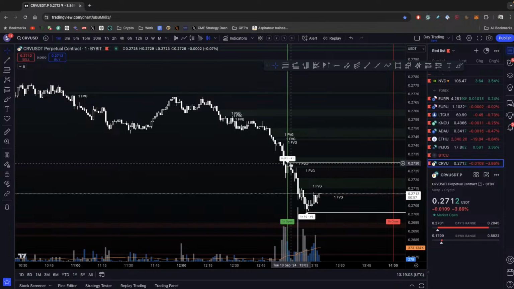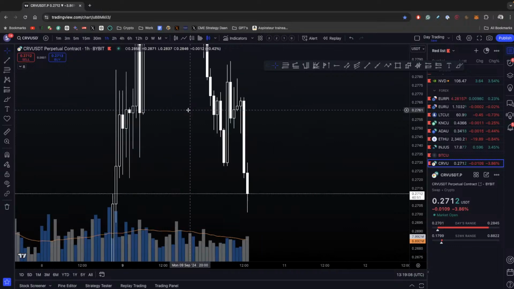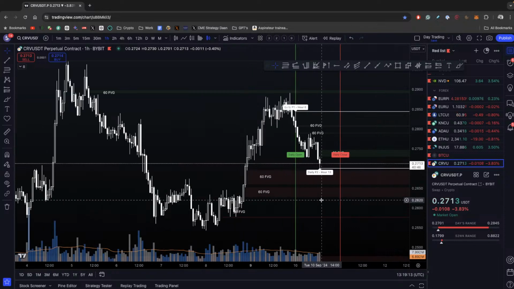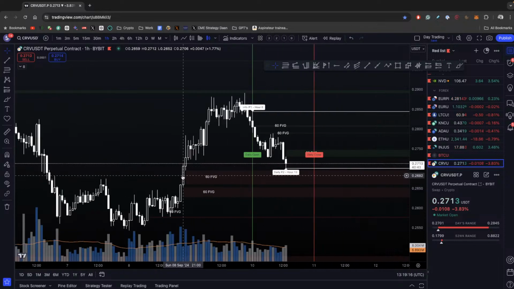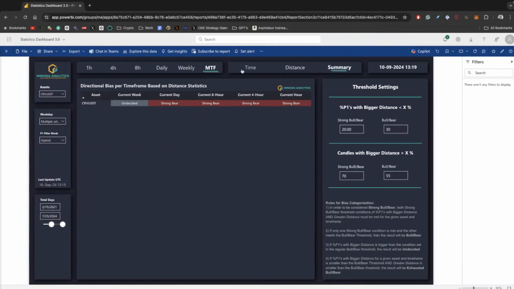again, something I do not like here though as a high, but let's check it out. Yeah, we got some fair value, so liquidity here that price is probably searching for. We've got P1 at hour 0, P2 at hour 13. Let's check out the CRV, because CRV has a ton of bear. I've rarely seen this. I mean, I have seen it, but 4 bear signals: daily, 8 hour, 4 hour, and hourly. Let's see how much bear this is.